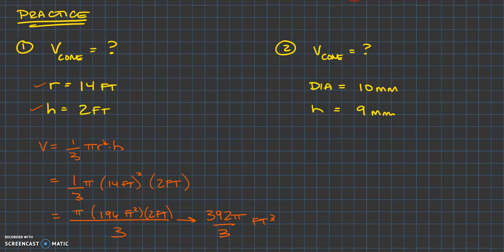Now that still sounds a little bit odd. That's actually the most exact way to report this answer. But we could, if we wanted to go a little further, divide the 3 out, and you get 130.7 pi cubic feet. And so what I've shown you here is a problem that